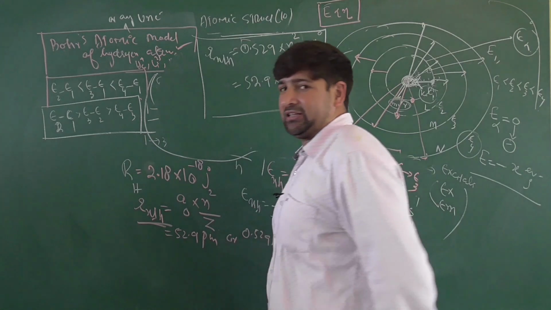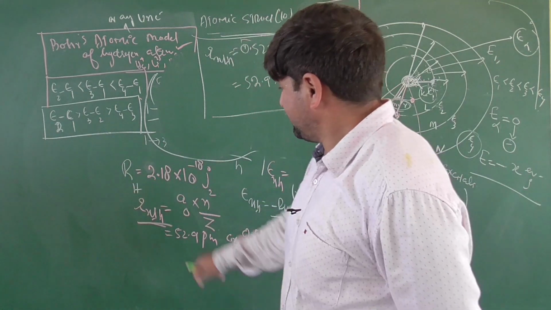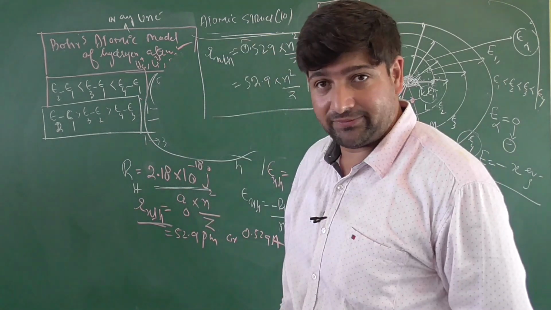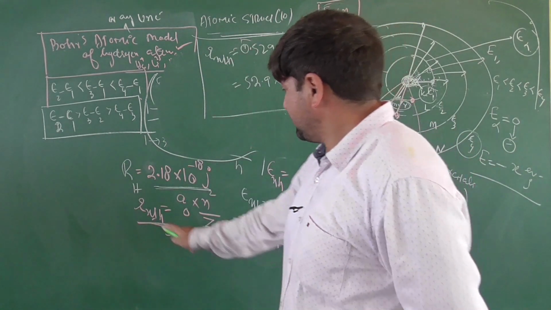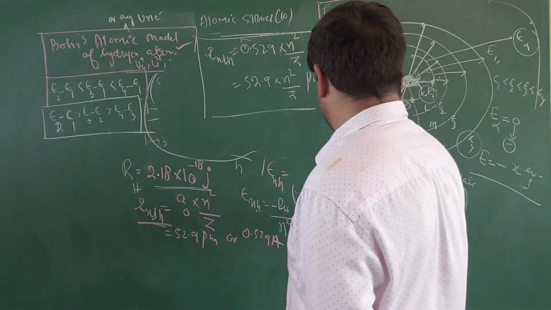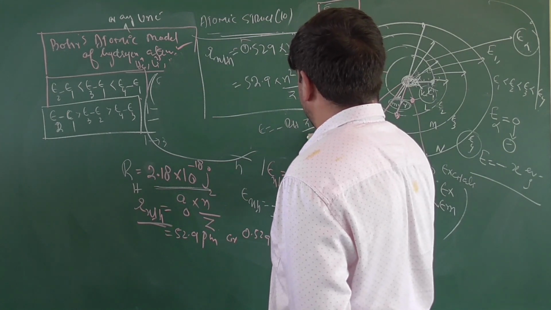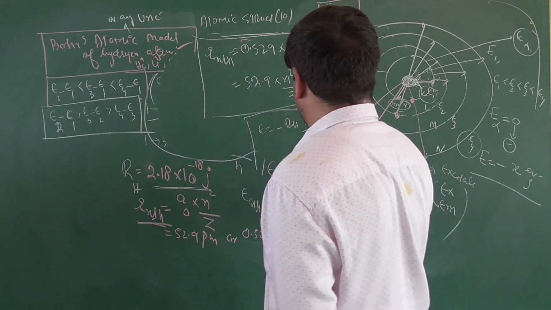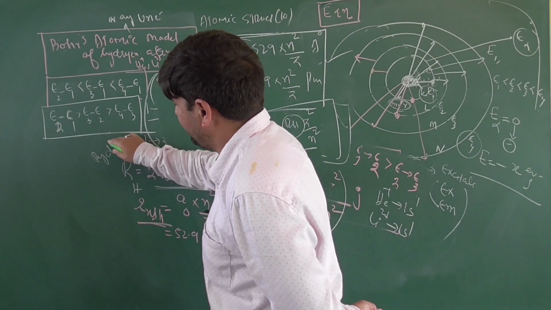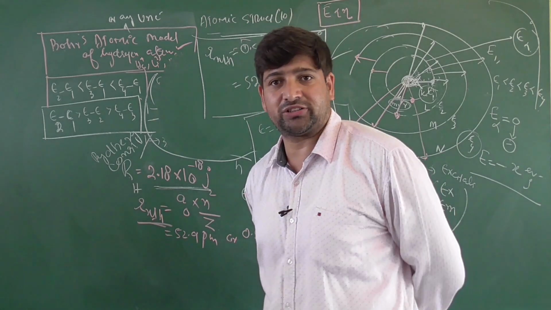Don't worry, we are going to do the mathematical formulation of this Bohr's model further and understand the energy considerations itself. This value of RH is in terms of joules. Clear, children? So what is the energy of the nth orbital given by? Minus RH Z square by n square. And what's RH called? It's called Rydberg's constant.